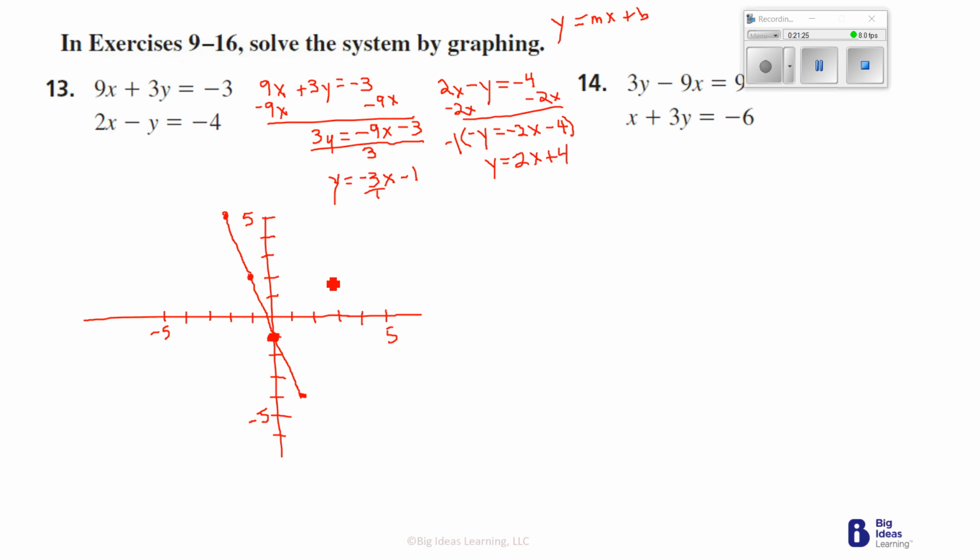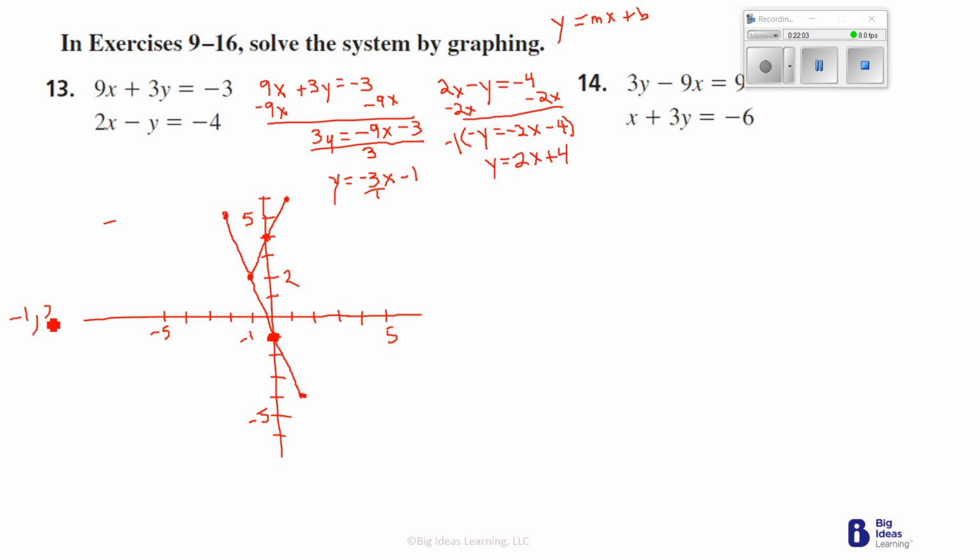I'm going to work on my other one just to see where this is going to lead me. This starts me at 4, 1, 2, 3, 4. This is a positive slope of 2, and that's 2 over 1, which means I go up 2 and over 1, which means I'm going to go down 2 and over 1 over here, and that line will be like this. And I can see now they're going to cross at -1 and 2. -1